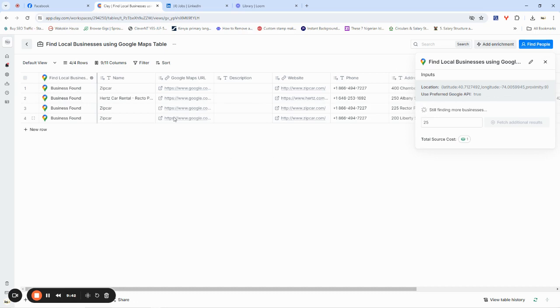You see, it's bringing out more. Yeah, it's bringing out more businesses for us. Of course, it's pulling now. You can see it's found a local business, the business name. You can see the Google URL